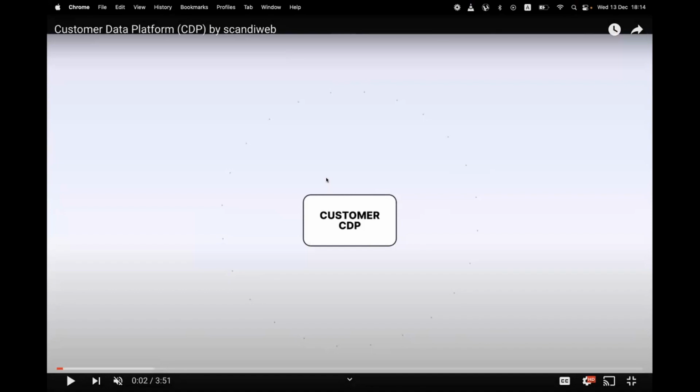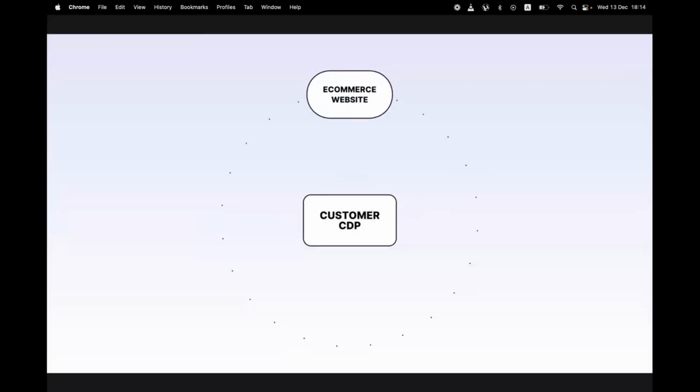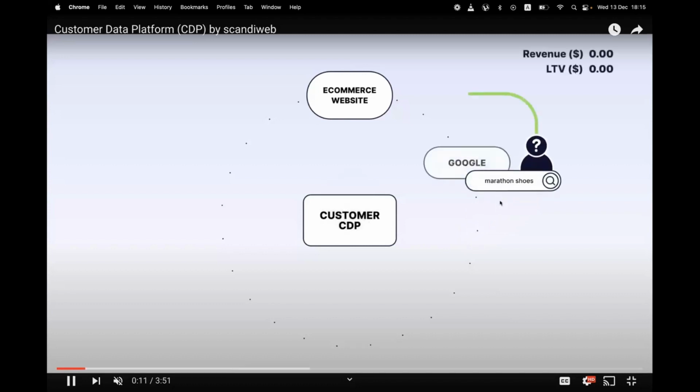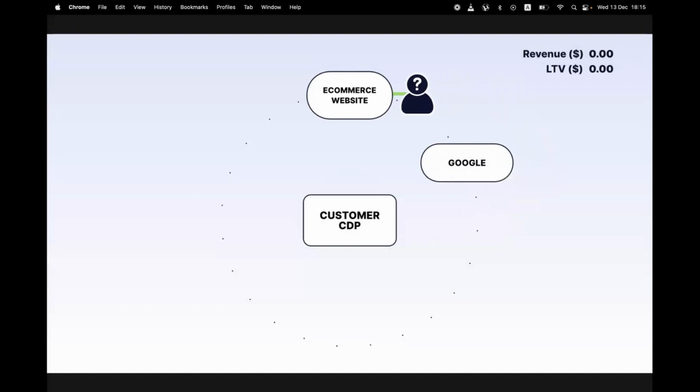So CDP stories, that's how we call this animation. And it starts with establishing a CDP for, let's say, an e-commerce website that deals with sports fashion. And CDP is not only about customers you know in detail, it's also about customers like this, anonymous customers who are about to enter your store for the first time. They did not touch it yet. They are somewhere there in the internet, possibly browsing or searching for marathon shoes in Google. And then, bam, they come to the e-commerce website, they check shoes, maybe they add some to the wish list.